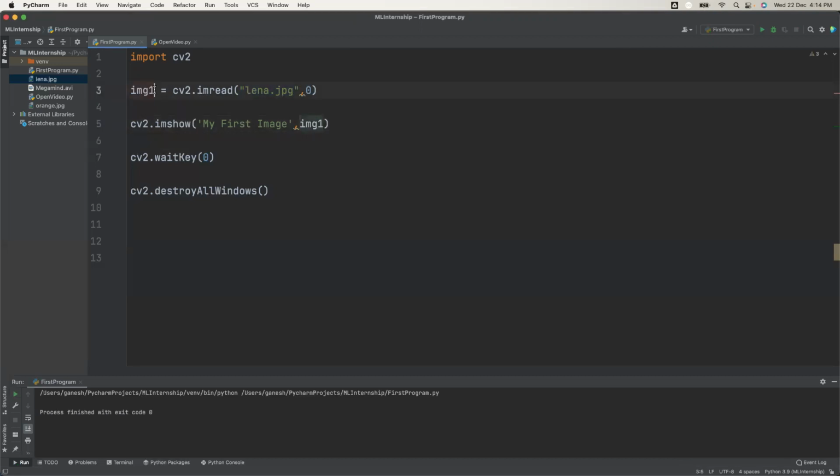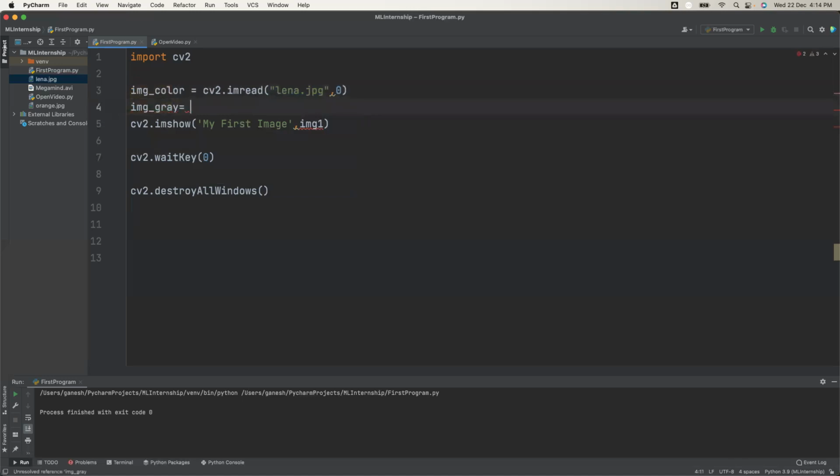So what I'm doing here is reading the color image, or simply img_color, and here I'm using img_gray.